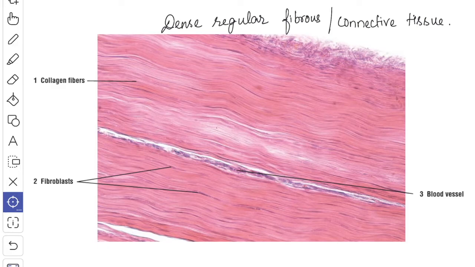Many ligaments are also made up of similar tissue, but in them there are different layers of which the fibers run in somewhat different directions. A similar arrangement is also seen in the sheets of deep fascia, intermuscular septa, aponeurosis, the central tendon of the diaphragm, the fibrous pericardium and the dura mater.